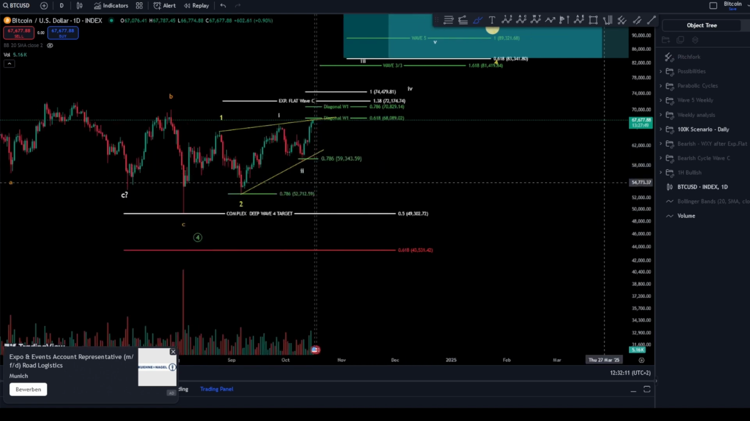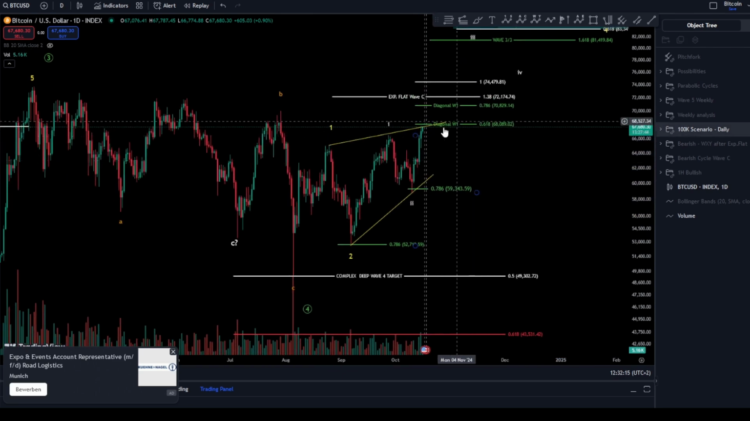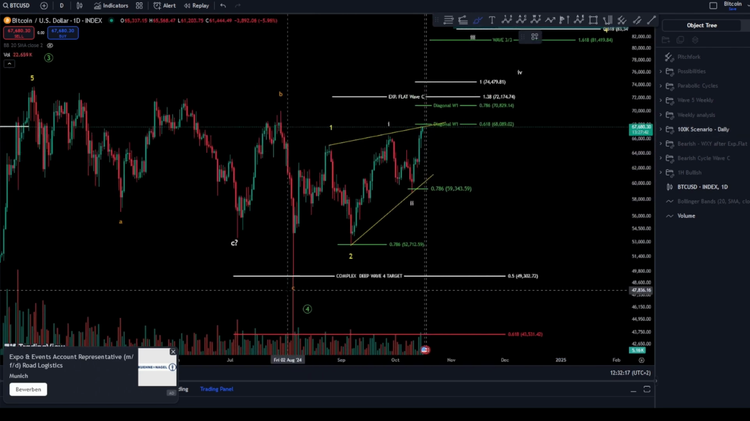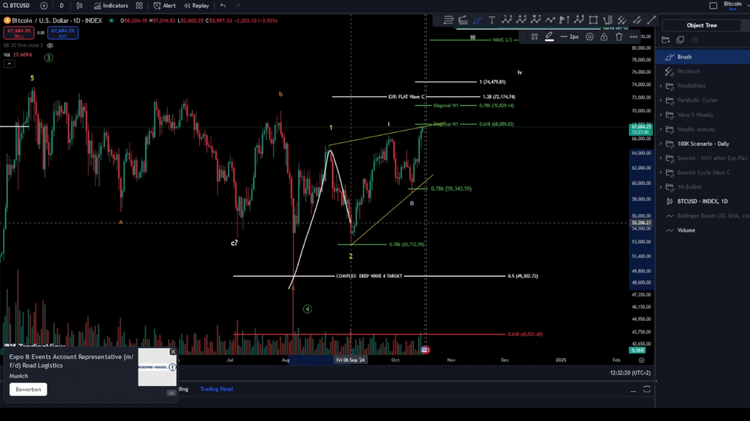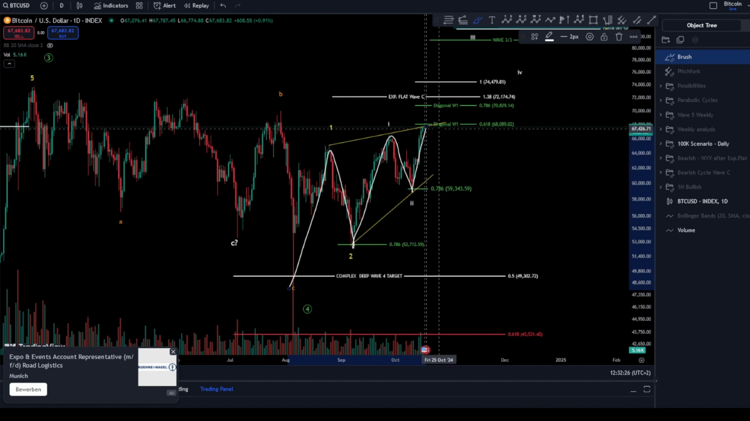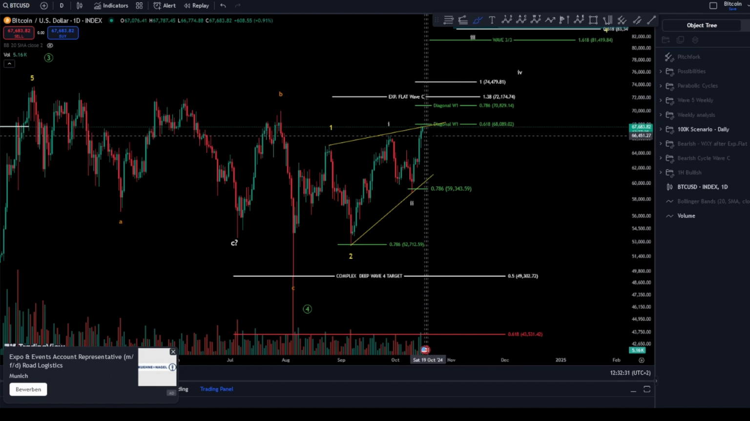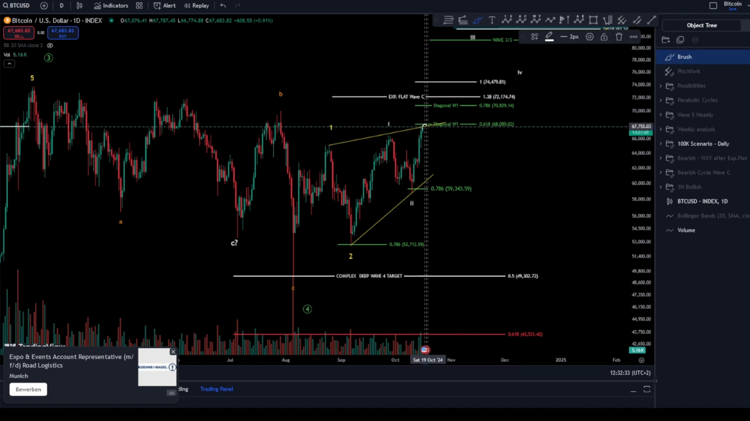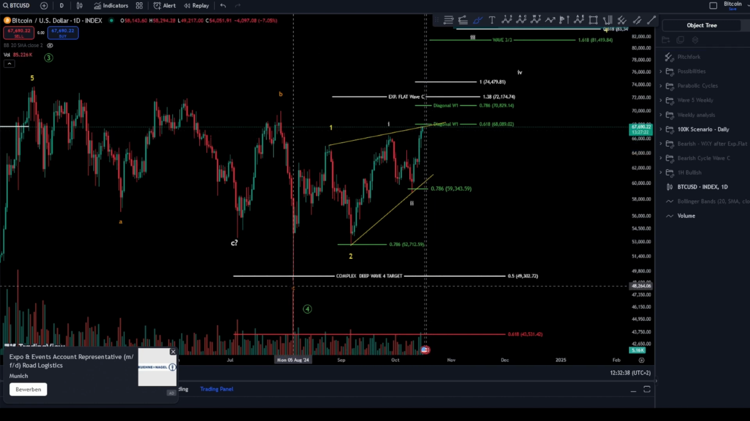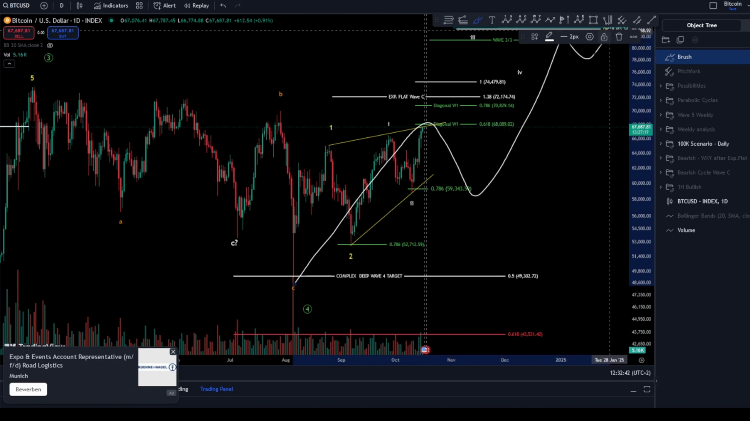In your second scenario, you might have hit the diagonal wave 1 for your impulse. By all means, this can be simply a diagonal 1, 2, 3, 4, 5, where you can see this contracting diagonal is perfectly matching with the target so far. So it is even very possible that we hit the target as well, and we might retrace a little bit towards the downside by forming a wave 1 and then a wave 2 and then a 3, 4, 5